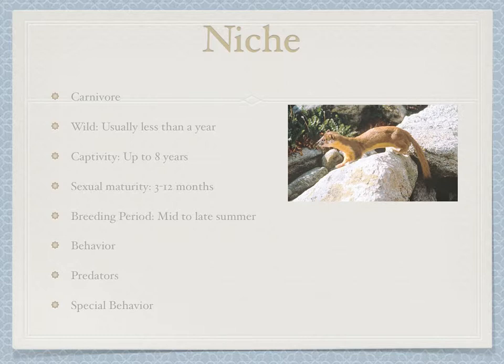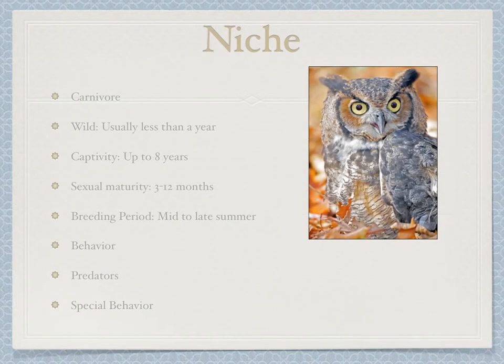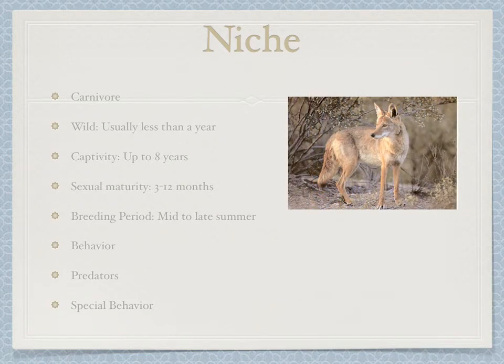They reach sexual maturity in 3 to 12 months, and they breed from mid to late summer. They are typically solitary, but they will interact, of course, during the breeding season. And they're mostly active during night, but they're not completely nocturnal, as they can be seen out in the day by people quite often. They have the predators of the barred owl, the great horned owl, the coyote, and the